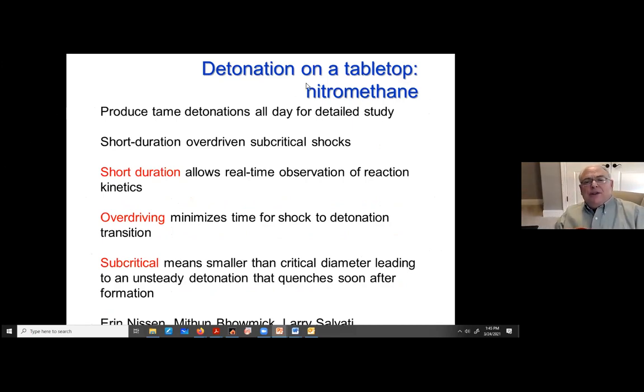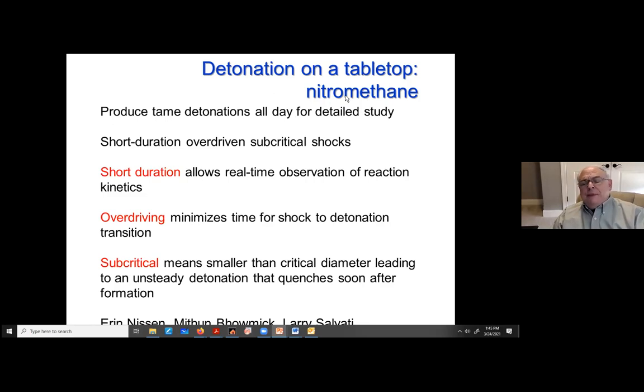So what I'm going to talk to you about is nitromethane. Nitromethane has several advantages. For one, it's one of the few detonating high explosives that you can get in a bottle from the Aldrich Chemical Company. Number two is it's a liquid, and so you don't have to worry about all the fancy solid state stuff. And number three, it's transparency. You can see right in there and see what's happening, unlike the plastic explosives, which are like looking at toothpaste.